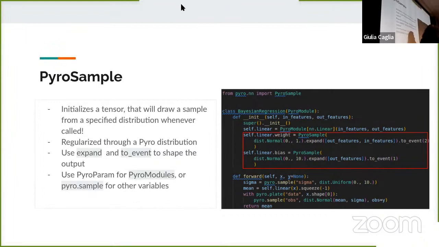Here in this case, the author of this code, which I think was me, but I'm not sure anymore, basically assumes that the weight attribute of the linear layer is normally distributed with a mean of 0 and a sigma of 1. Here we basically shape this sample so that we can draw batches from it, because in most cases we will not have only a single weight parameter, because we usually have many features in our data. So here we have to specify in this expand statement that actually expands the shape of this distribution, the output features and the input features, and we have to